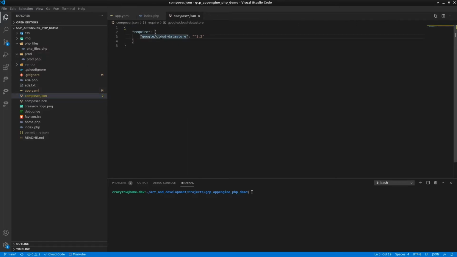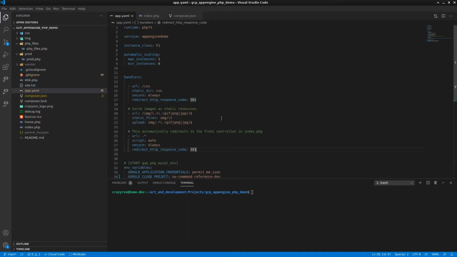Here I'm using Cloud Data Store as I mentioned to store the count which is going to be displayed on my home screen. Because we are going to use one of the GCP service which is the data store, we need to provide the credentials in order to access this. So within PHP you can also use any of the GCP services like the data store, cloud storage, or Cloud SQL and so on, but all these will need a credential to be stored, and the credential is via a security key for the service account.